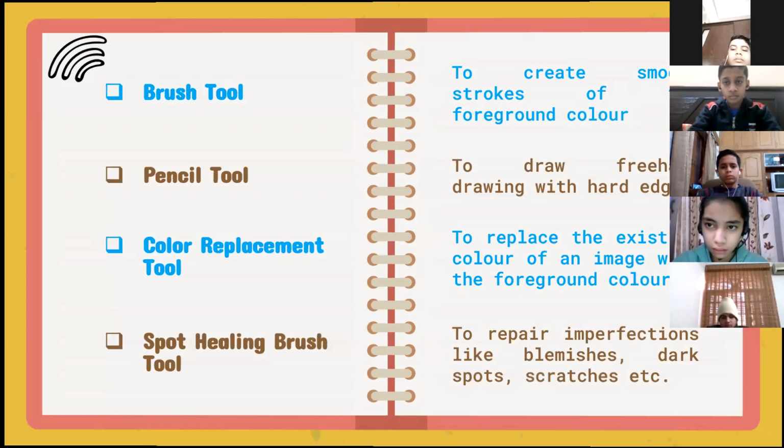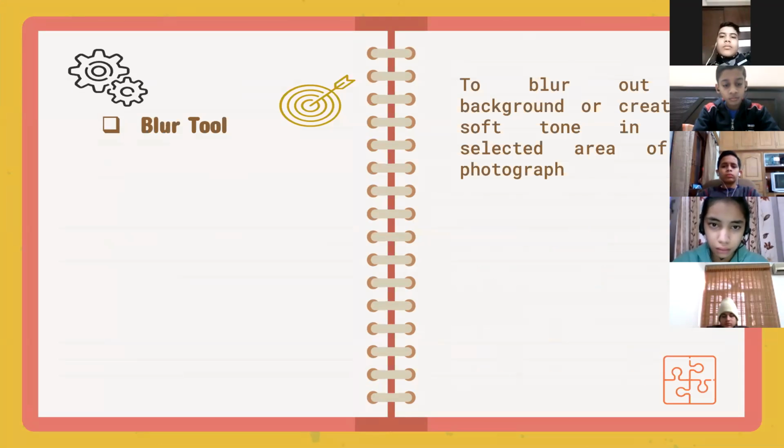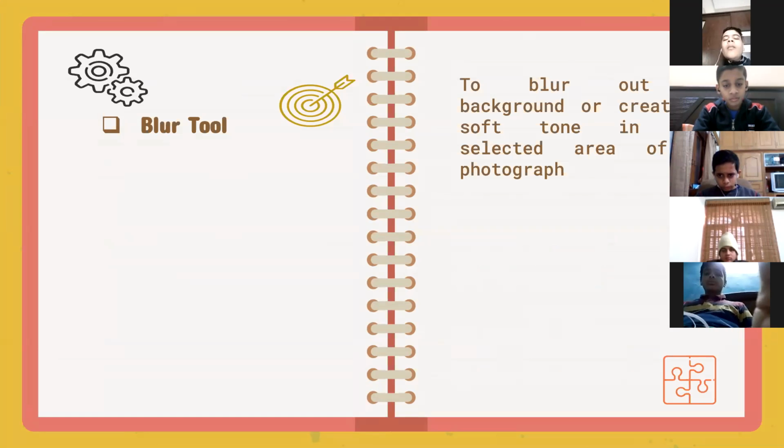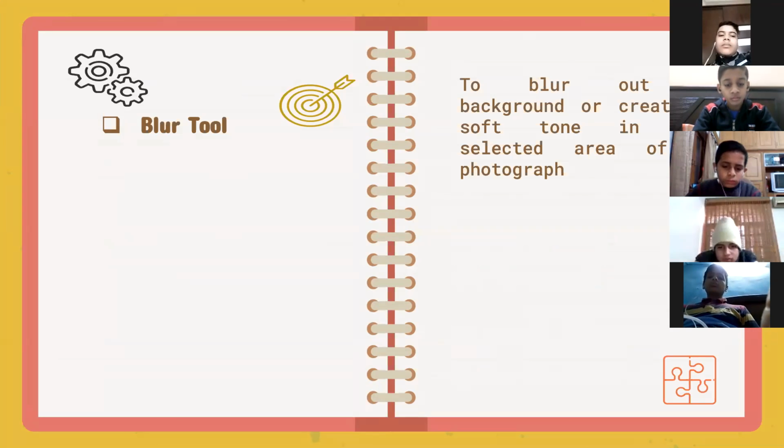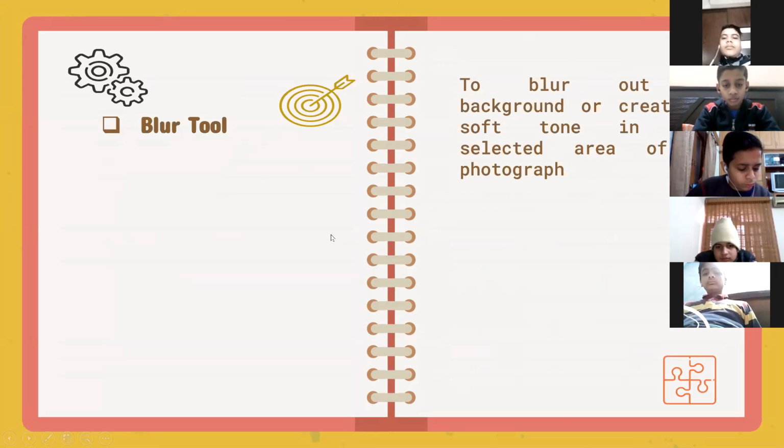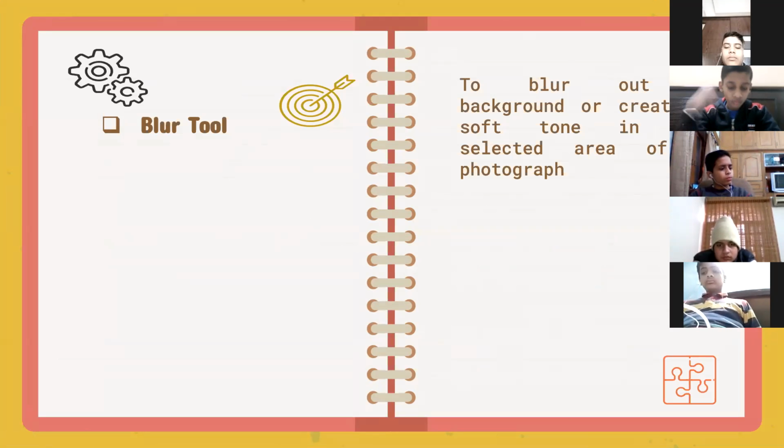Blur tool. Blur tool means to blur the background, or to lighten some areas, to give some soft tone in areas of your image. That means you want to put some focus on the foreground and you want to blur out the background. For example, you have an image and you want to blur the scenery at the behind. You can blur that area by using the blur tool or soft tone of the selected area. You can drag the blur tool over the area that you want to blur, or you can also select the area then drag it. It will help you to blur only the selected area.